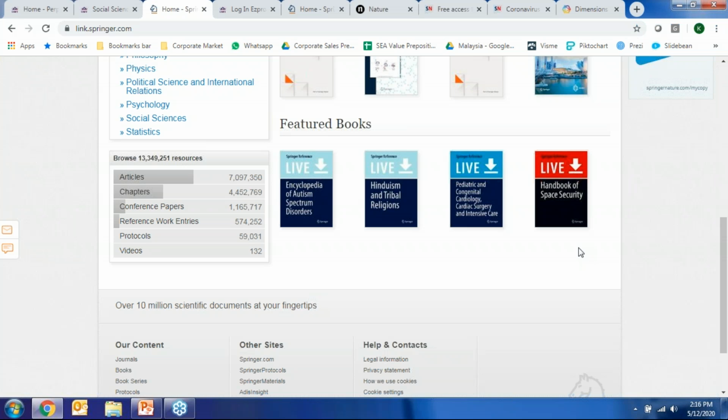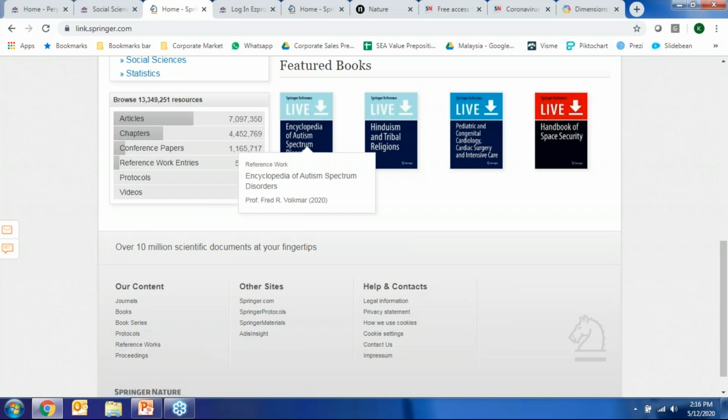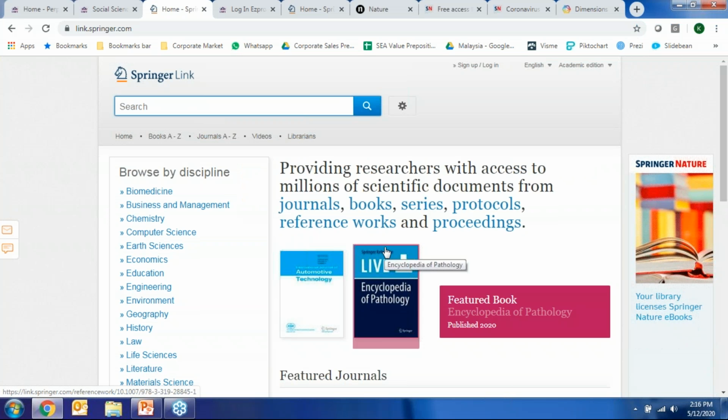And I'm very happy to note that what I showed you earlier in the slides is that UMT actually has access to a vast majority of the journal side of it. So you have a majority of all of these articles listed over here. And you also have quite a large chunk of all chapters, the conference papers, and the reference works as well. So again, the library has done a very good job in trying to cover as many bases as possible for you guys to be able to do what you do best.